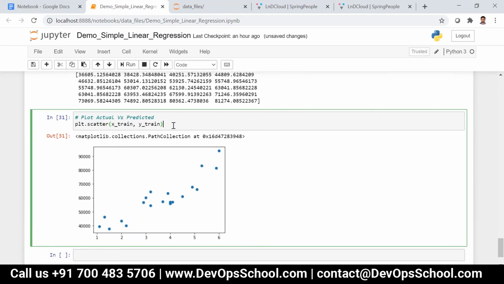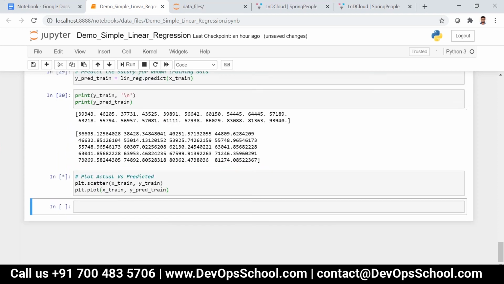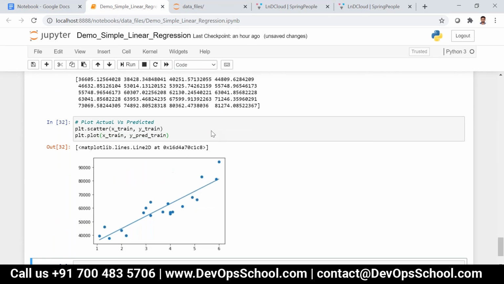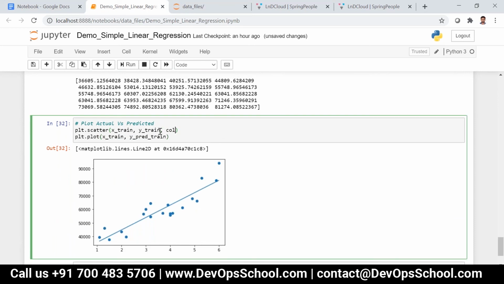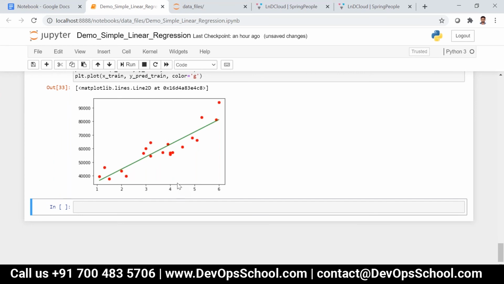Now plt.plot of x_train, that is for the same x inputs, y_pred_train. Let me give some different colors, say red and green. You can see here, this is the best fit line.